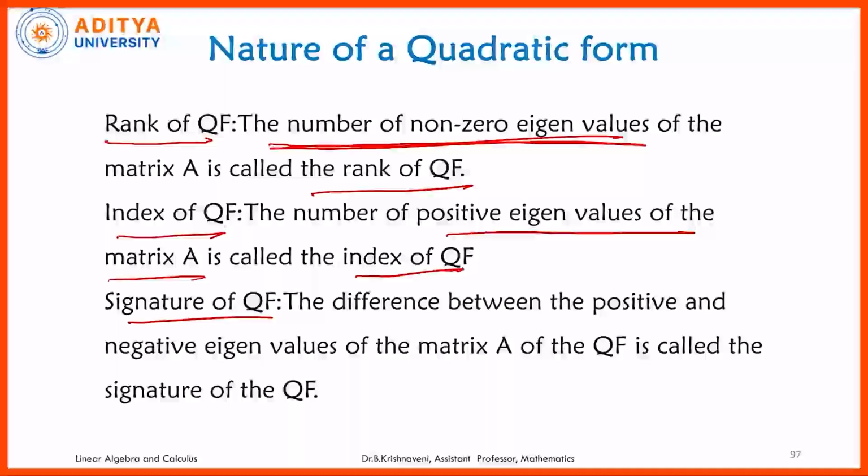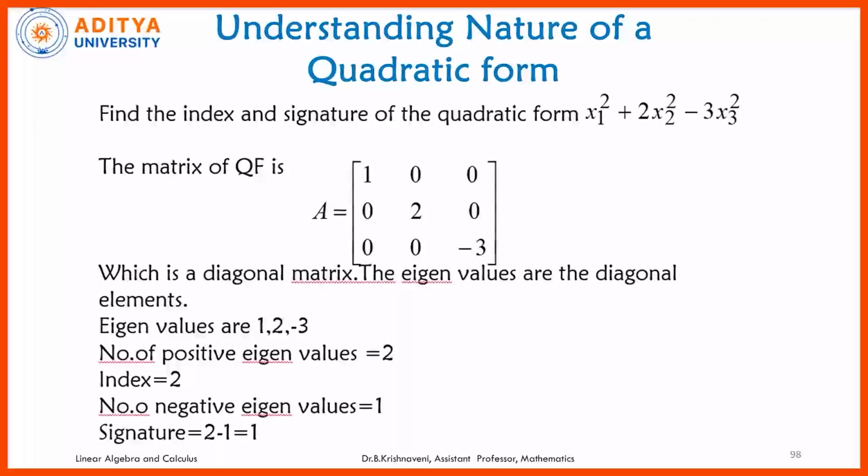Then what is the signature of the quadratic form? It is the difference between the number of positive and negative eigenvalues of the matrix A of the quadratic form. We call that the signature of the quadratic form. So now we will understand how to find out the nature of the quadratic form. So the question is finding the index and signature of the quadratic form